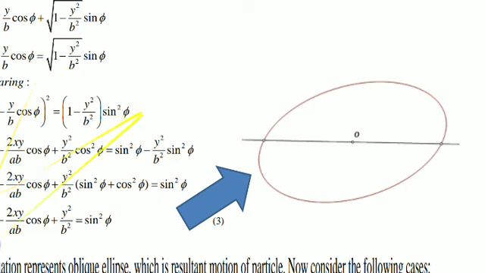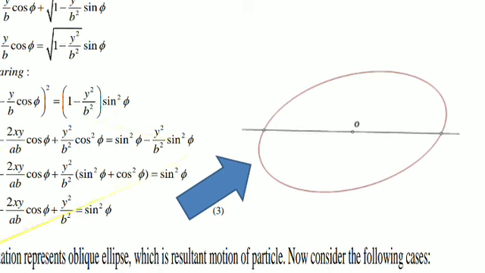Now let us again square this particular bracket. You see, a minus b whole square. This bracket is like a minus b whole square. So a square minus twice ab plus b square. So a means what? It is x by a. So x by a whole square minus twice xy divided by ab into cos phi plus y square by b square into cos square phi. So you can easily understand these calculations. And here also let us multiply this sin square phi to both the sides. So sin square phi minus y square by b square into sin square phi.